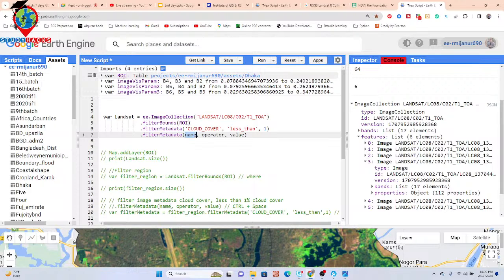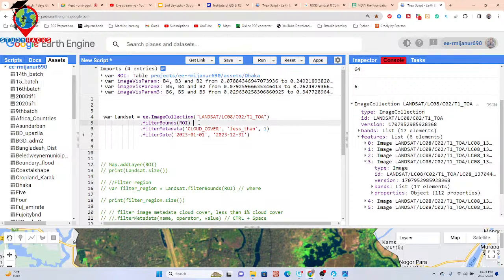This time for a specific time period, use the filterDate function. It will filter by date, and put the time period, start and end date. Suppose I put the year 2023, from 1st January 2023 to December 31. This time, I filter my image collection according to where I need this image, how I need this image, less than 1% cloud, and when I need this image. I simply use filterBounds, filterMetadata, and filterDate, and all of those are stored in